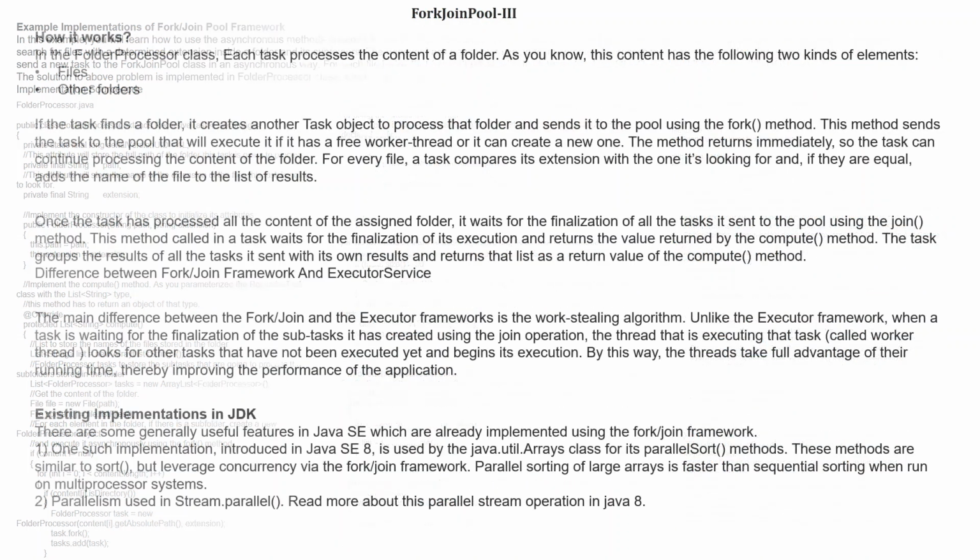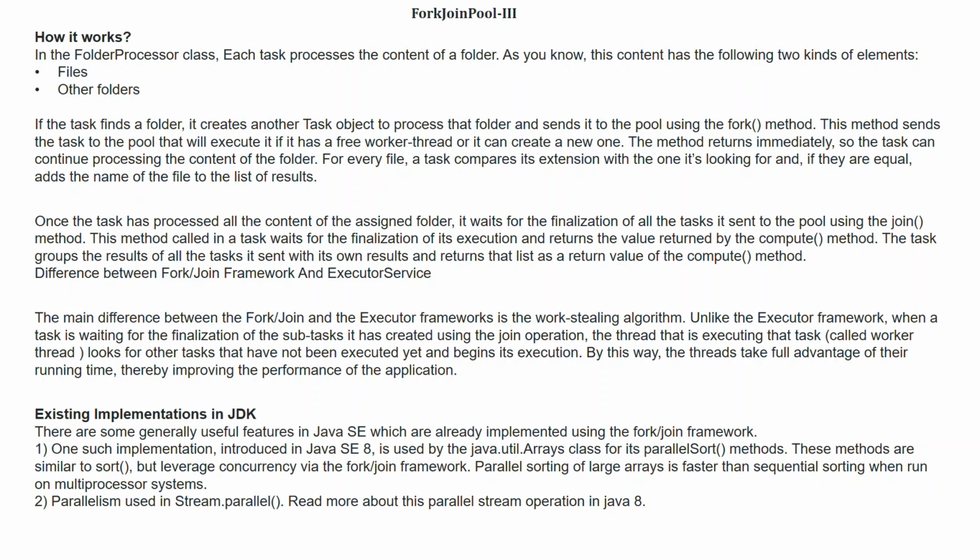How it works. In the folder processor class, each task processes the content of a folder. As you know, this content has the following two kinds of elements: files and other folders. If the task finds a folder, it creates another task object to process that folder and sends it to the pool using the fork method.